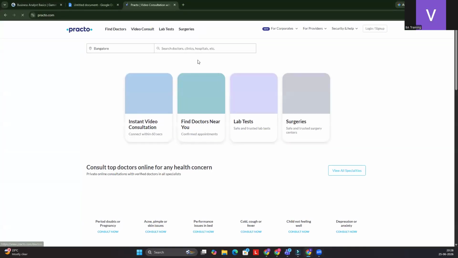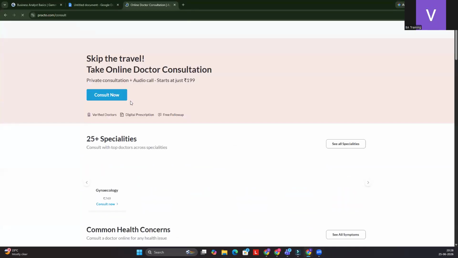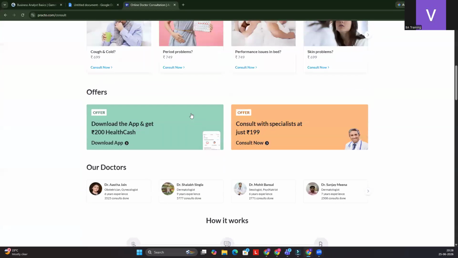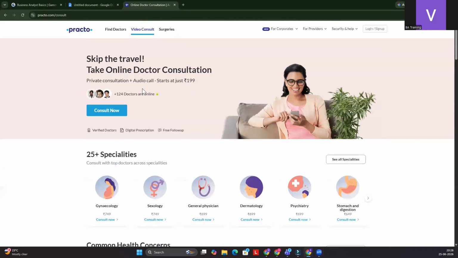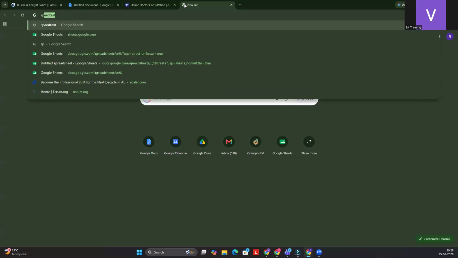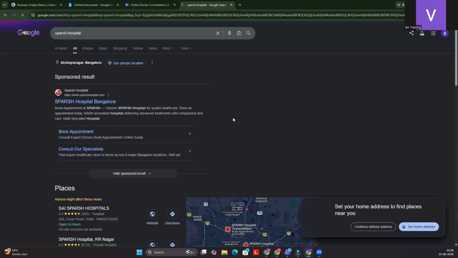So with Practo, you can basically go and select a doctor from your location, and then you can consult the doctor, and you can schedule an instant video consultation, right? Similarly, there is a hospital called XYZ. For example, I'll take Spurs Hospital. So if you see Spurs Hospital,